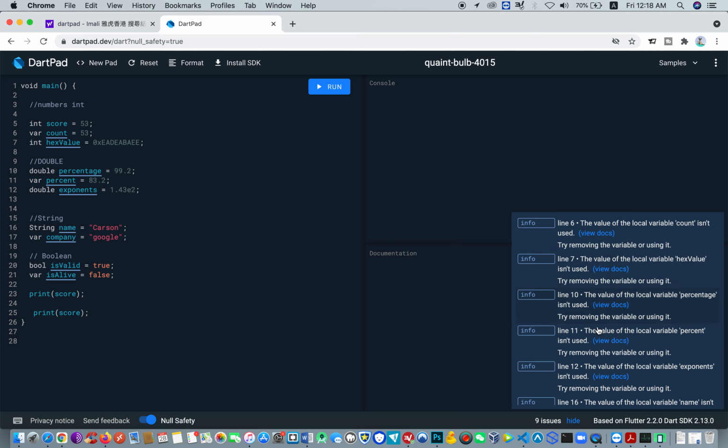You see, this is telling us the values are not in use because we have only declared the variables, but we are not using them, since we are only demonstrating how to use data types in Dart. So let's say we are only making use of these two, and let's see whether it's going to work. So we apparently used only these two, that is score, and score is 53. And then we say exponent of 1 point